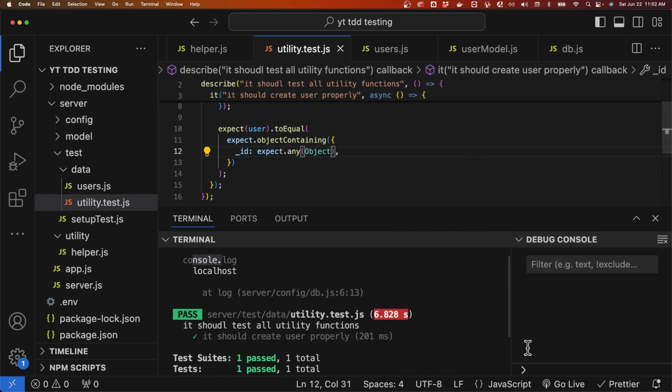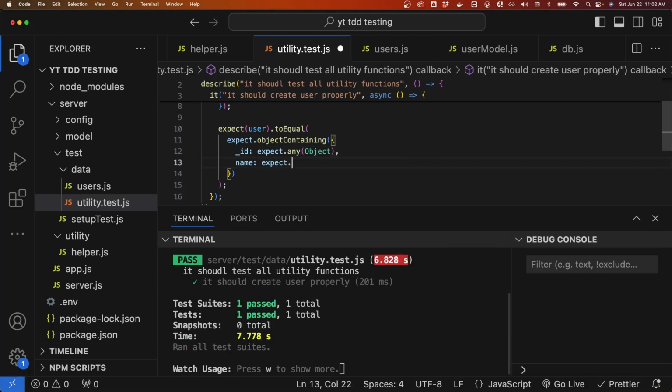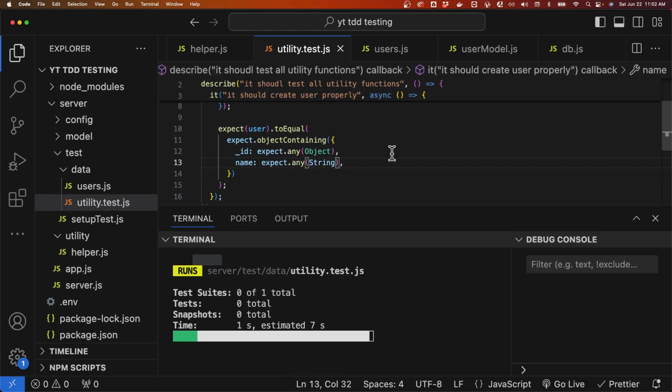Yeah, so our code is passing here, and then we'd also have a name, to be expect.any, which should be a string. Basically what we are testing is that we want to test our various